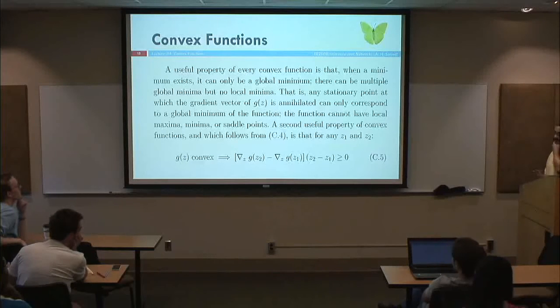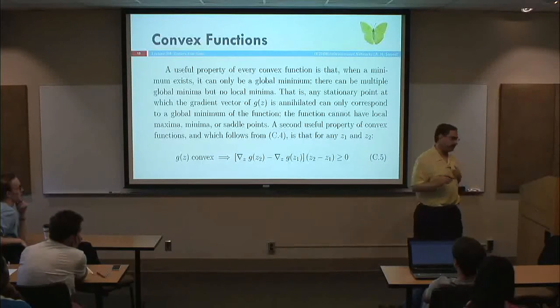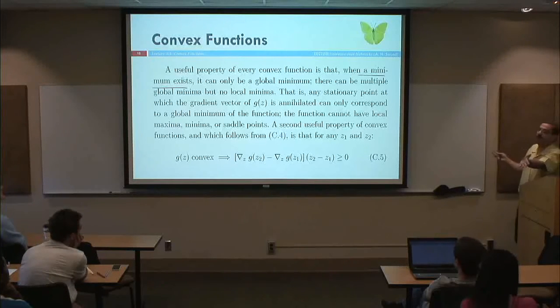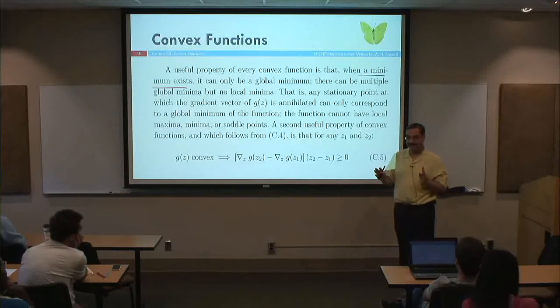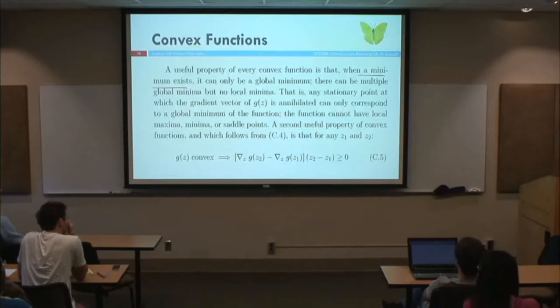Okay, so now why are convex functions so useful? Because of this property. If a convex function has a minimum, it can only be a global minimum. It doesn't need to be unique. For example,